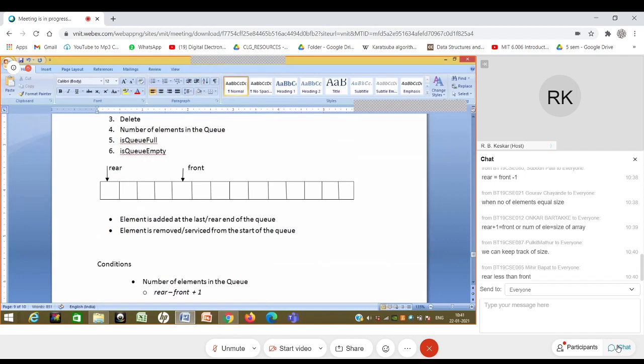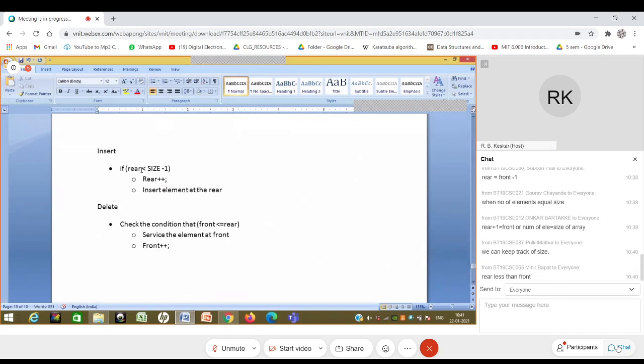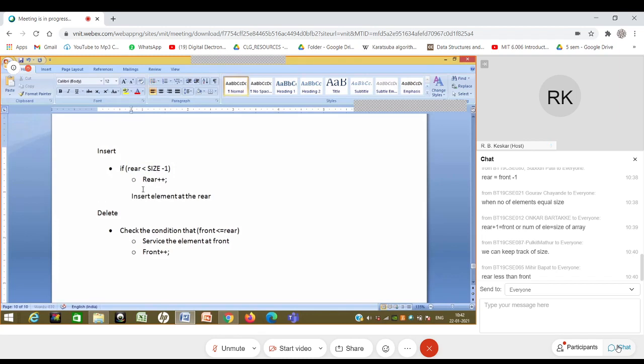So if you notice that in the insert, what I am doing basically is that rear is less than size minus 1 is no longer the condition for the queue being full. So what is this condition is what I need to worry about. I cannot do rear plus plus. I will say that if rear is less than size minus 1, then in that case I will do rear plus plus. Okay. In the else part,